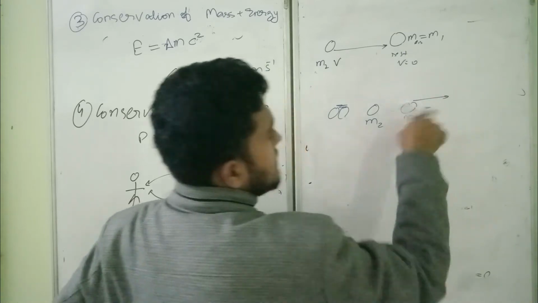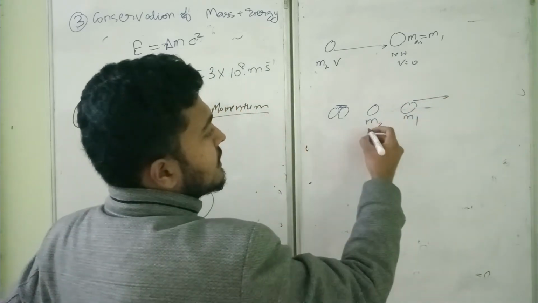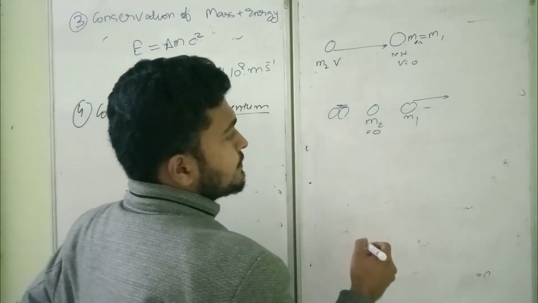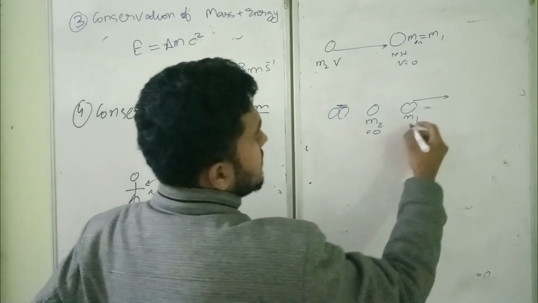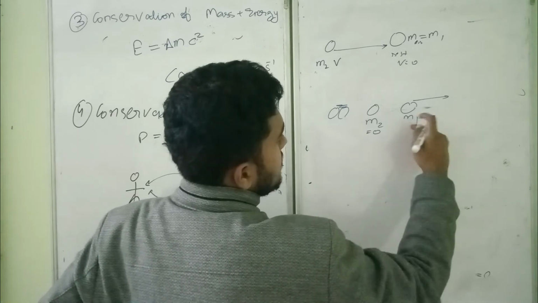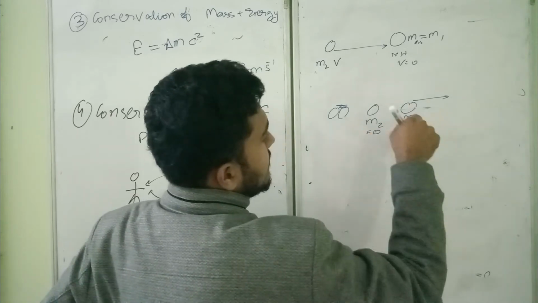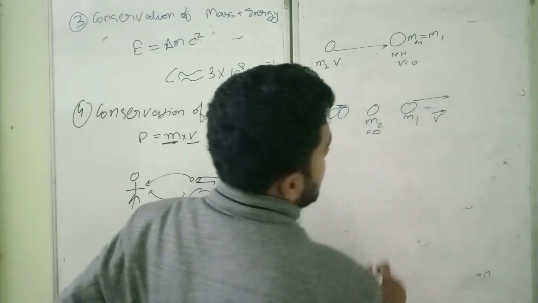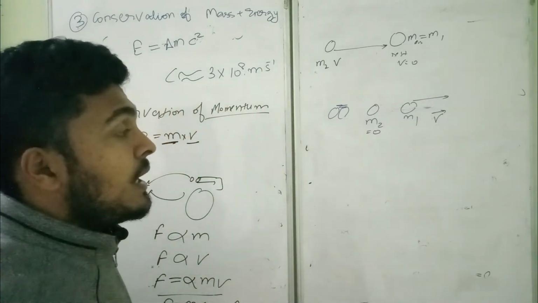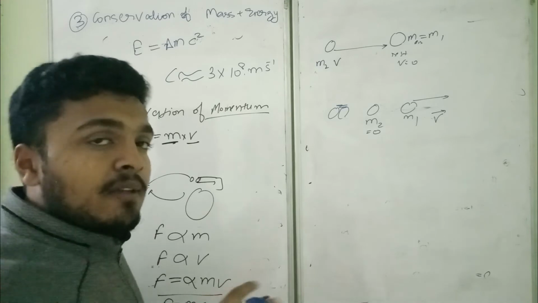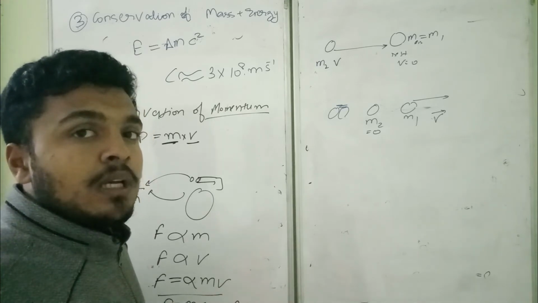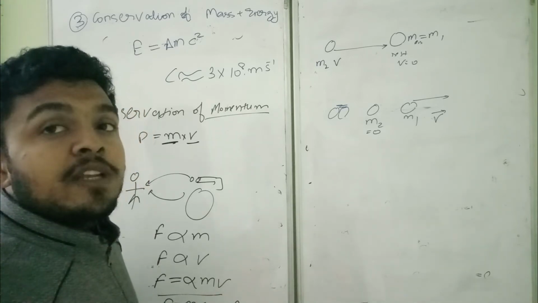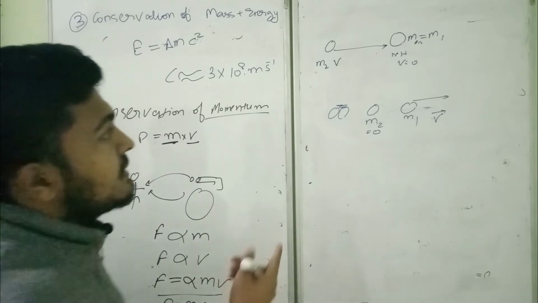This marble m1 comes to rest, so its velocity is equal to 0. And this marble will start moving with velocity v. Here also, if friction and non-conservative forces are not there, then you can see that